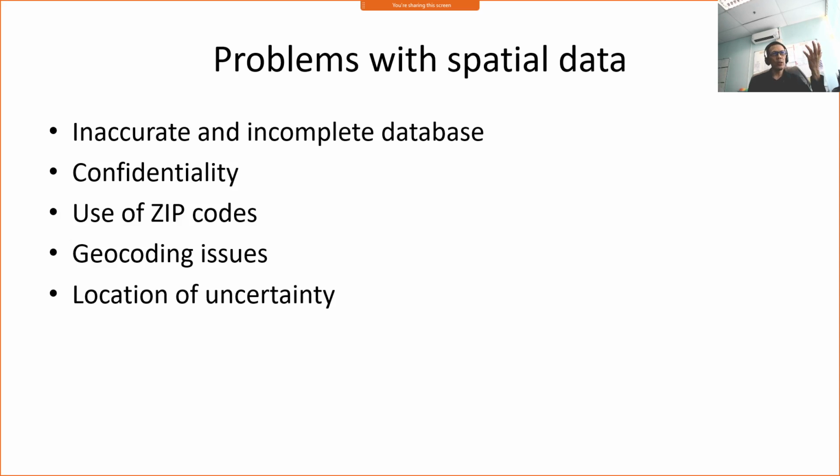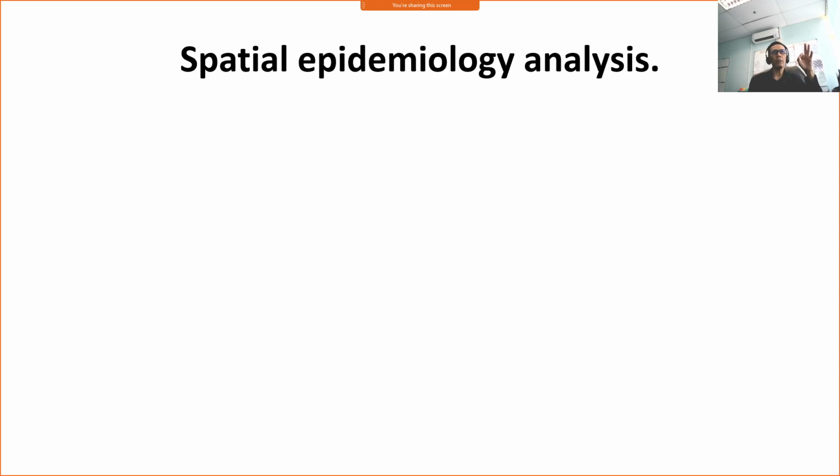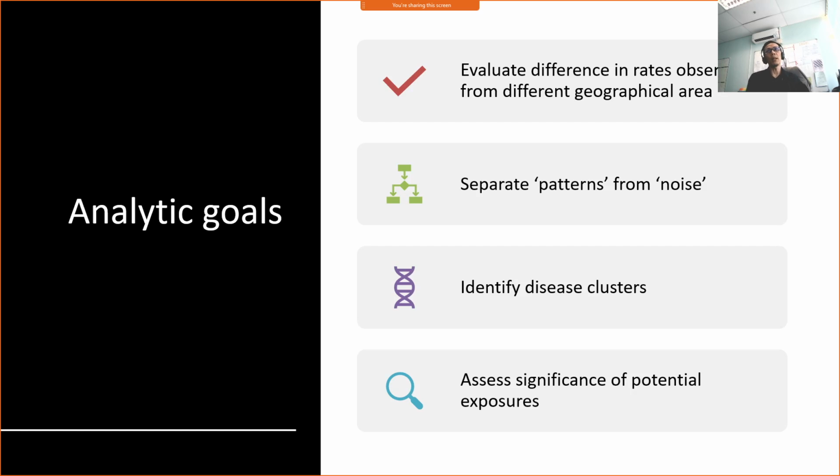Next is the geocoding issue, we discussed earlier, and locations of uncertainty. Okay, when it comes to analysis of spatial data, when you have spatial data, you have the lat and the long, or the x and the y, and you know the coordinate reference system, whether projected or geographic. So now you want to analyze your data, right? So how do we usually analyze spatial data? Okay, number one,